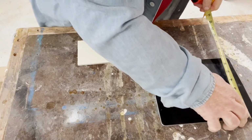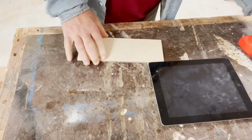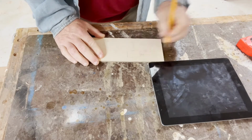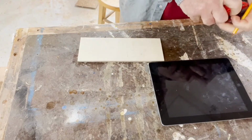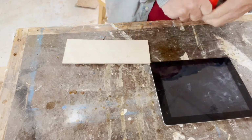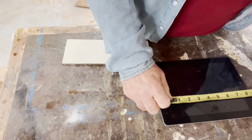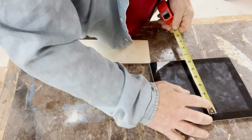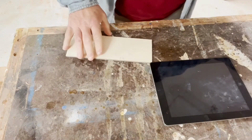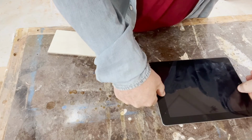So what we're looking at is a width of 7 3/8 by 9.5. The black part of this edge to edge is 7 3/4 by 5 3/4. And the reason that black edge, I want the frame to come over it for a couple of